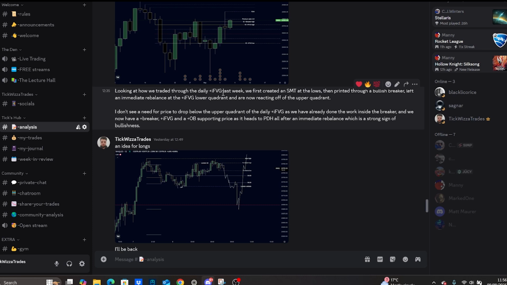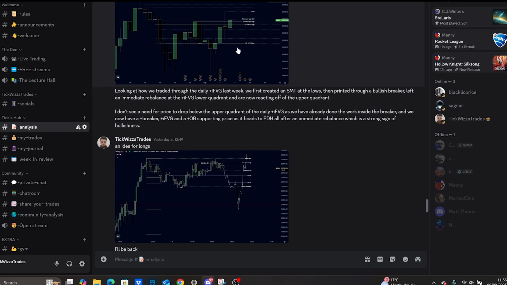Looking at how we traded through the daily IFVG last week, we first created an SMT at the lows, then printed through a bullish breaker, left an immediate rebalance at the IFVG lower quadrant, and are now reacting off the upper quadrant. I don't see a need for price to drop below the upper quadrant of the daily IFVG, as we have already done the work inside the breaker, and we now have a breaker, IFVG, and an order block supporting price as it heads to previous day's high, all after an immediate rebalance, which is a strong sign